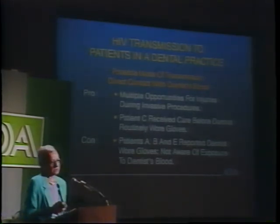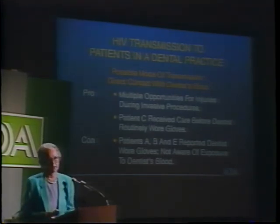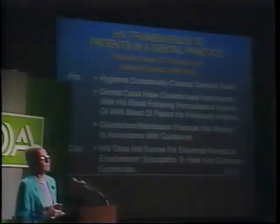But against this theory is the fact that 3 of the patients absolutely swear that he wore gloves consistently through their dental treatment, and none of the patients remembers any incident that could explain, any emergency, any cuts, any time that he changed his gloves, that could explain their infection. Well, what's the explanation? The other possibility is that there was an indirect